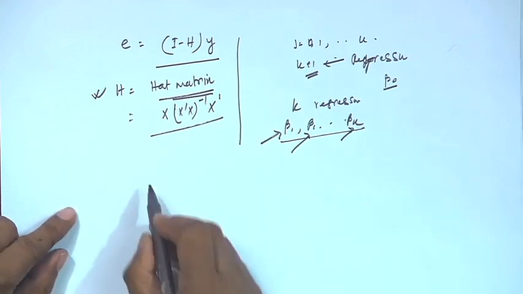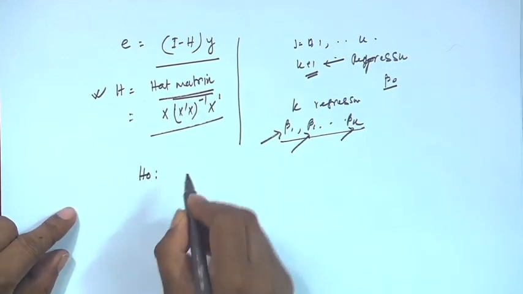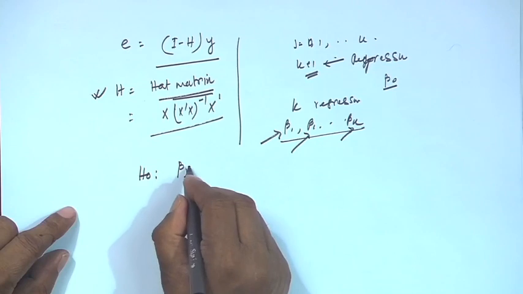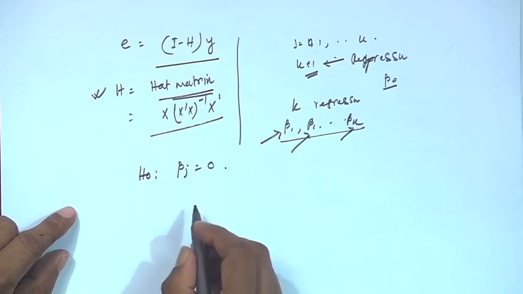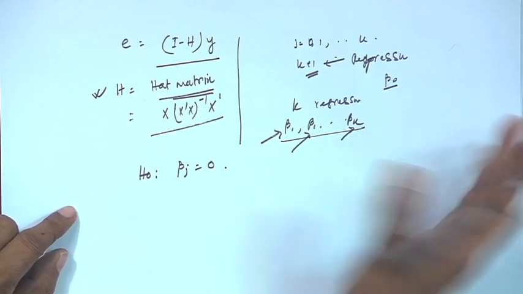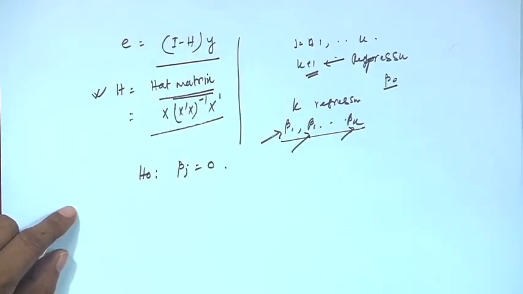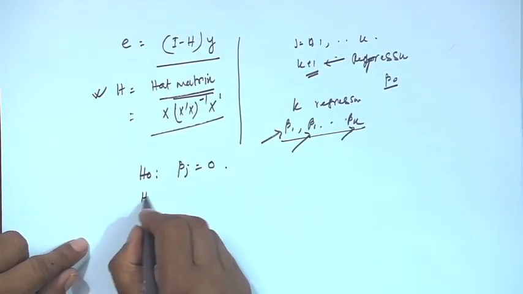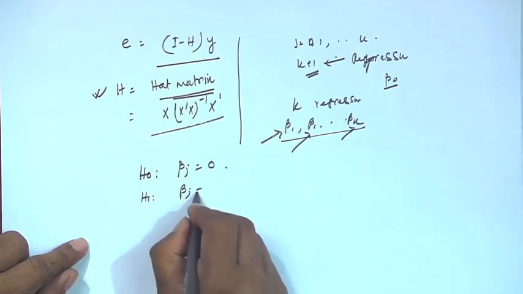For the overall test, H0 says beta j equals 0, that means none of the factors are contributing towards the response we observed during the experiment, and H1 is beta j not equal to 0